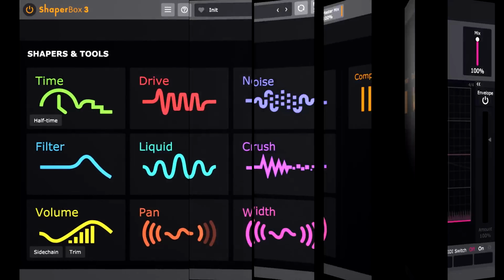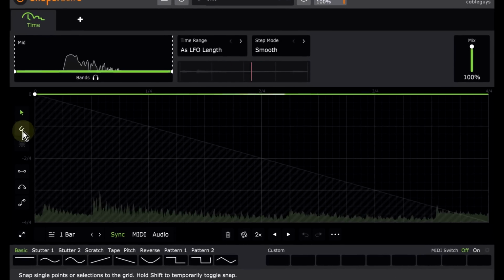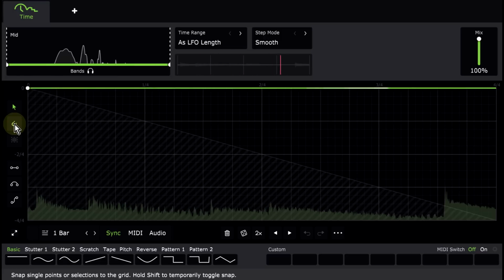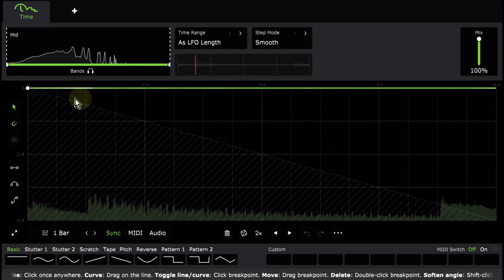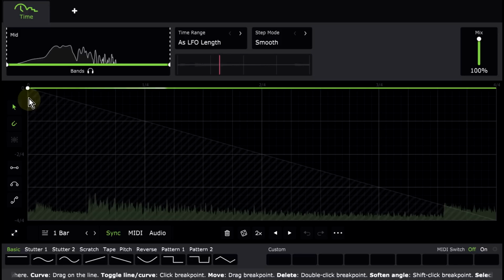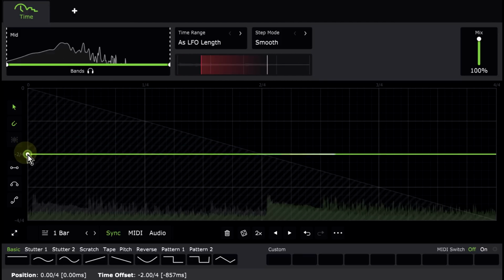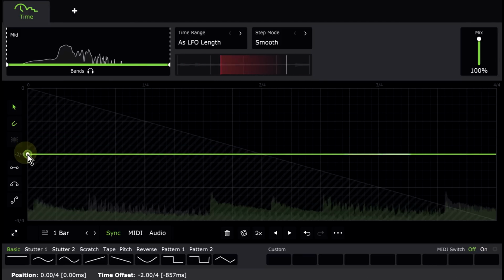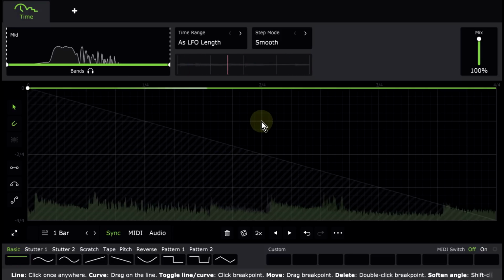Okay, we need to talk about the time shaper, which is exactly as profound and powerful as it sounds. It starts with a horizontal line at the top of the graph. This represents normal real-time playback. If I drag this line halfway down the graph, the part is now delayed by half a bar, but still plays at normal speed. If I create a downward slope, however,